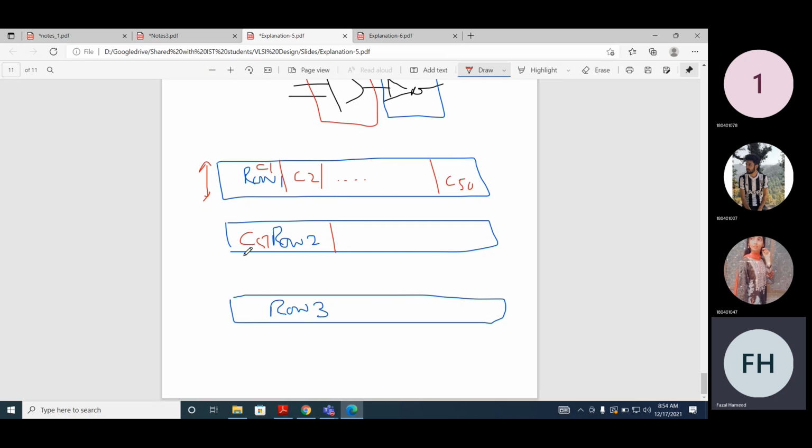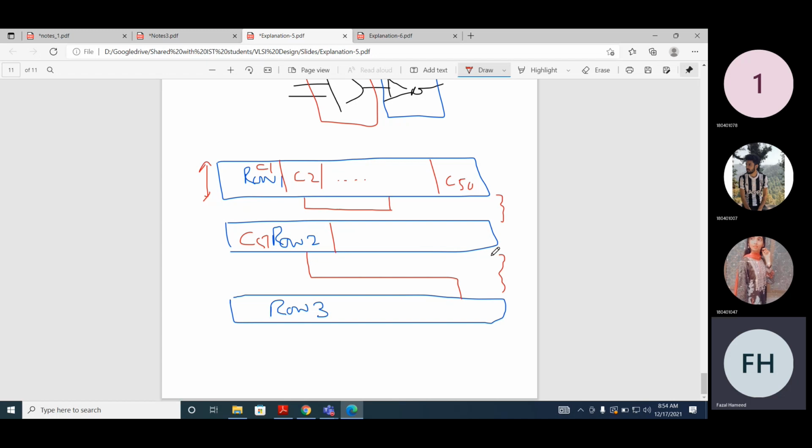Now we can make a connection between row 1 and row 2, and there is a spacing that is provided. Can you see the spacing? This spacing is typically used for connection. Maybe using this, you can connect cell 2 with this cell, or maybe you are connecting this cell with this cell.